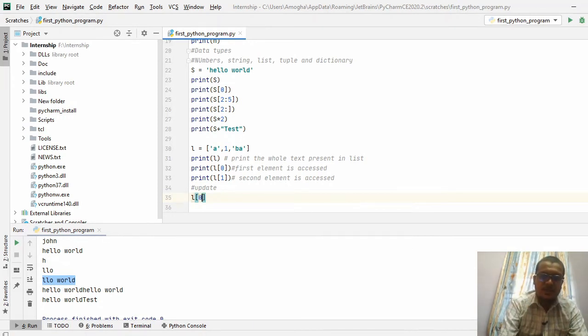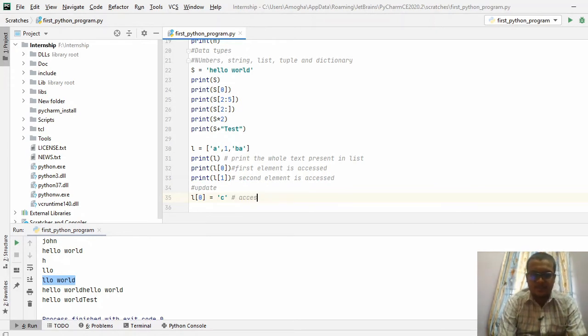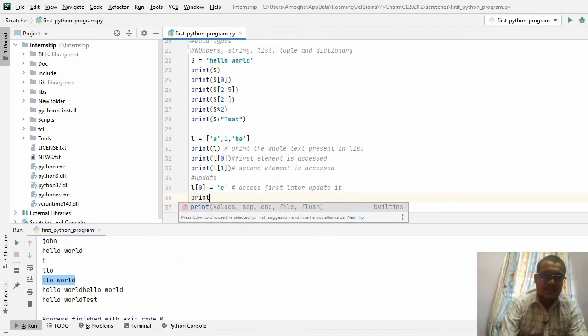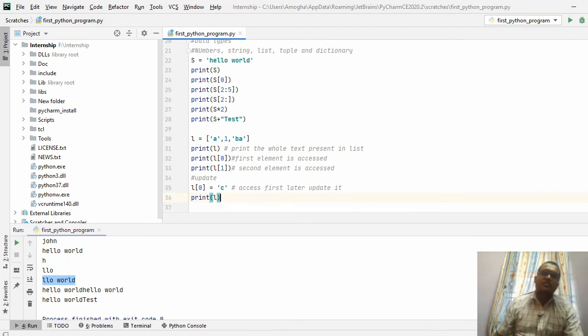You access the element present at the 0th position, and you give a new value for it. So the steps here are: access first, later update it. Now you can print the same list, but the value will be changed.